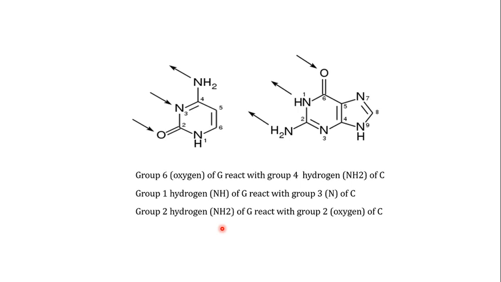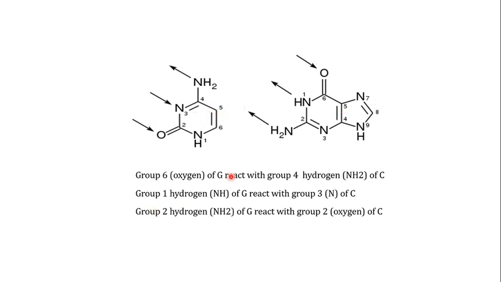If you talk about the guanine and the cytosine, they are actually making 3 hydrogen bonds with each other. If you talk about the specific position, the group number 6 of the guanine is interacting with the position number 4 of the cytosine, as you can see over here with the exact position number 4. Not the position exactly over here. If you can see over here, this is the structure of the guanine, this is the structure of the cytosine.